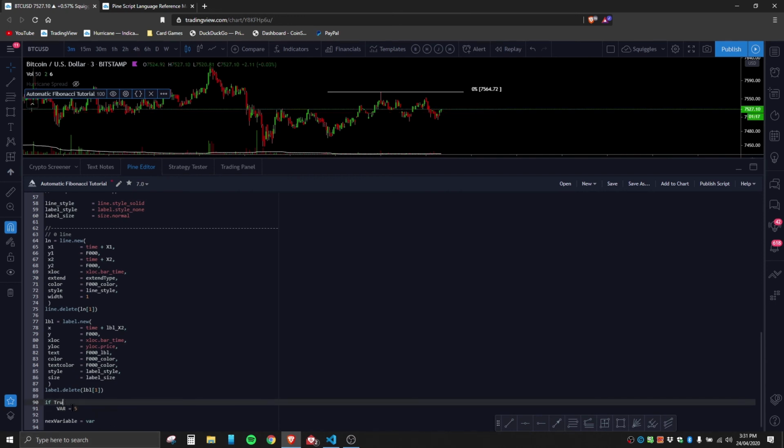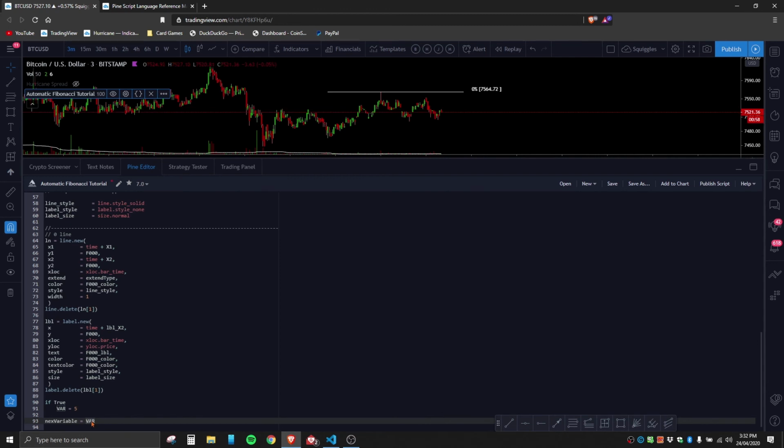Var, there we go, if true. So the variable name is var, which means that is a capital var. This would return an error because the next variable is being assigned the variable var, but the code does not see this var variable because it is wrapped up in the scope of this if condition only. For the next variable to be able to see that variable, the var equals 5 would have to be outside of the if condition,